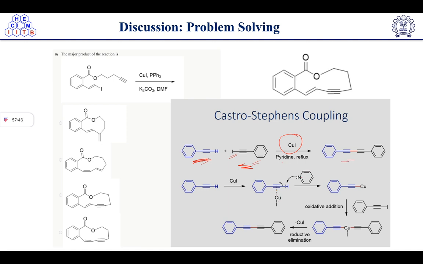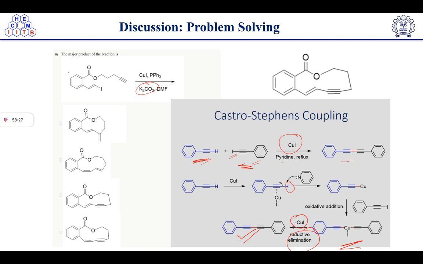Then pyridine will abstract the proton. So any base will abstract the proton. Here we have K2CO3. So the base will abstract the proton and it will form the copper acetylide intermediate. After this, the copper iodide elimination will result in the formation of the desired product. So this will attack on this one, it will knock out, and we will get this type of, okay, sorry, oxidative addition will take place. After the oxidative addition, this will take place and reductive elimination will result in the product formation.